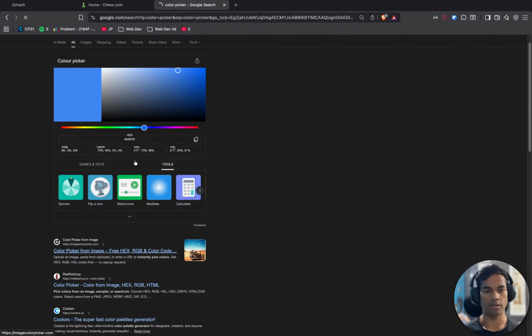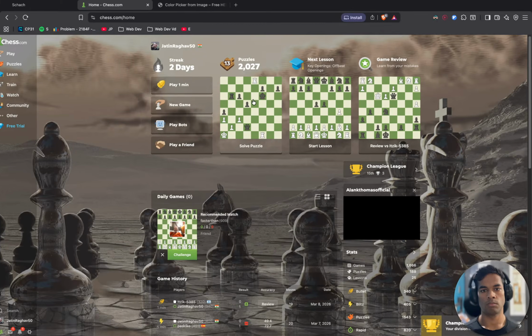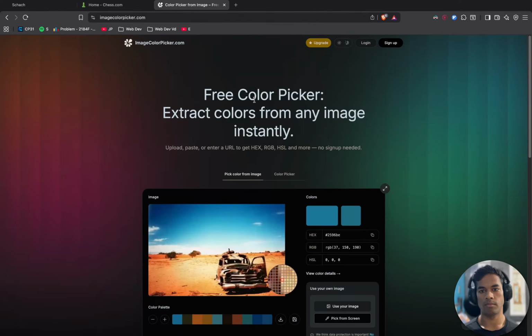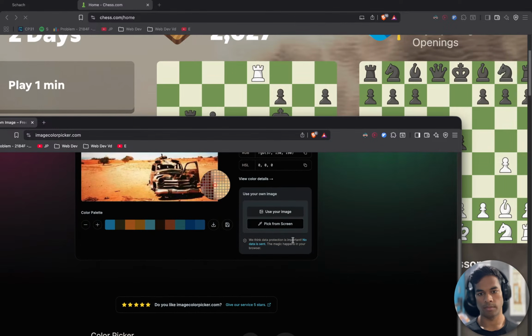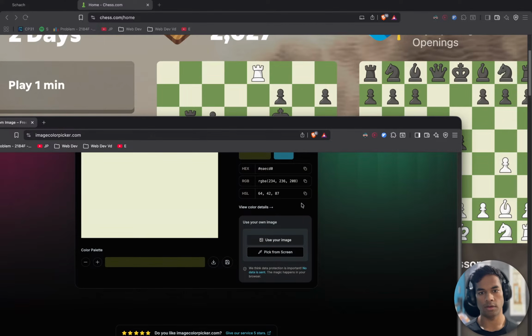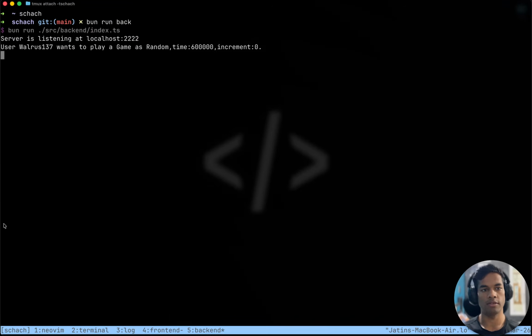Yep, I think this is the one. We can pick a color from here. Yep, cool. This is the one from your screen. This is one color, HSL, and let's copy the HSL. And for this color, we have copied this.